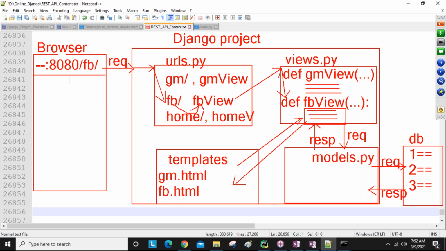Finally, our view generates the response. So our view returns this response to the browser. Simply, whenever we send a request from the browser, we get the response. Guys, don't worry, don't get confused. A lot of terms we are going to discuss like this, and easily you will understand. I will tell you one more time.